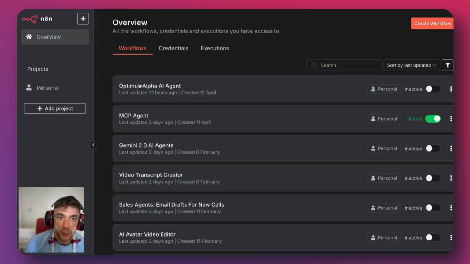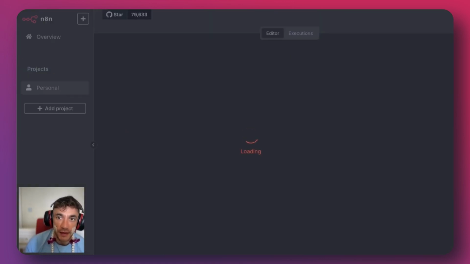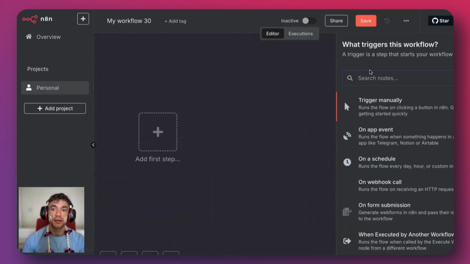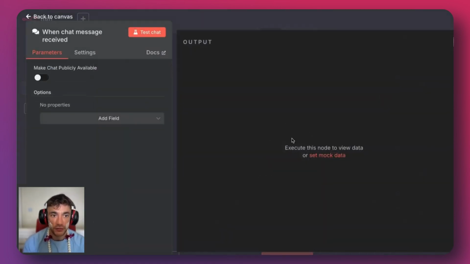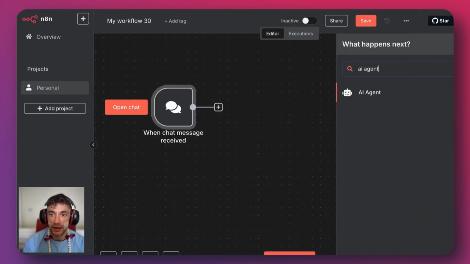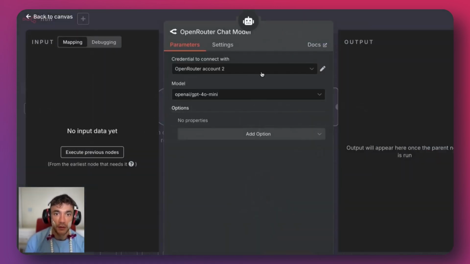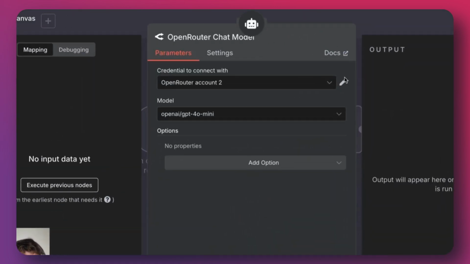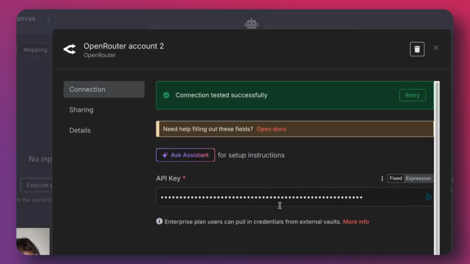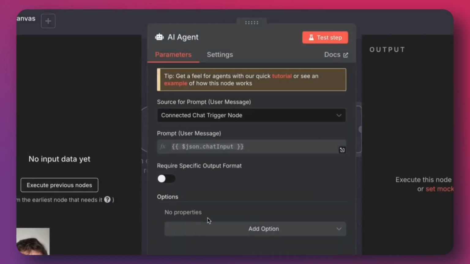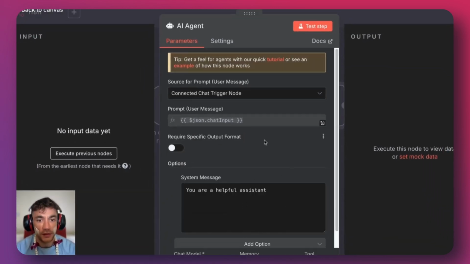What you want to do is create a workflow. And if you want to build out an AI agent that you can actually deploy using Optimus Alpha, then you can click on add a new node, add a chat trigger. After that, we'll select AI agent. Then we're going to select the chat model. We'll type in OpenRouter. You're going to add your credentials, so your API key for OpenRouter inside the connection section. We'll type in Optimus Alpha, and we just need to give a system message to the AI agent,